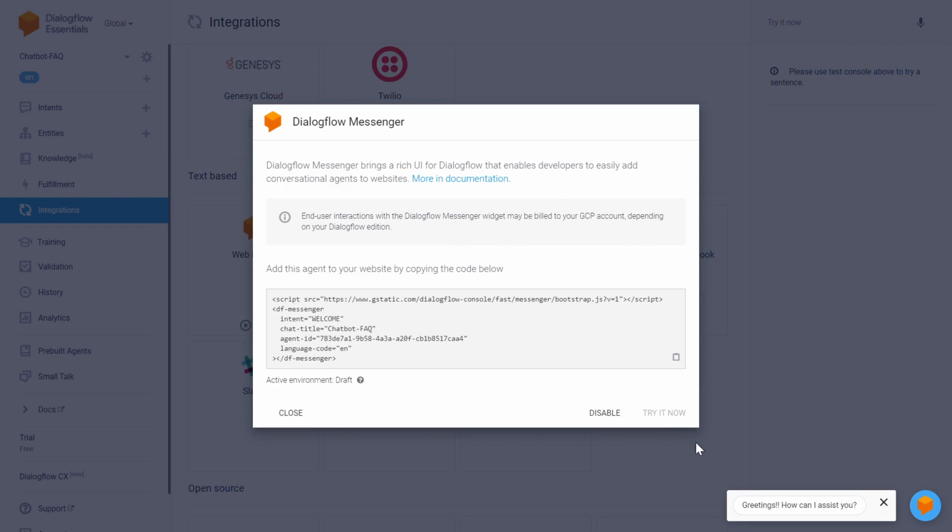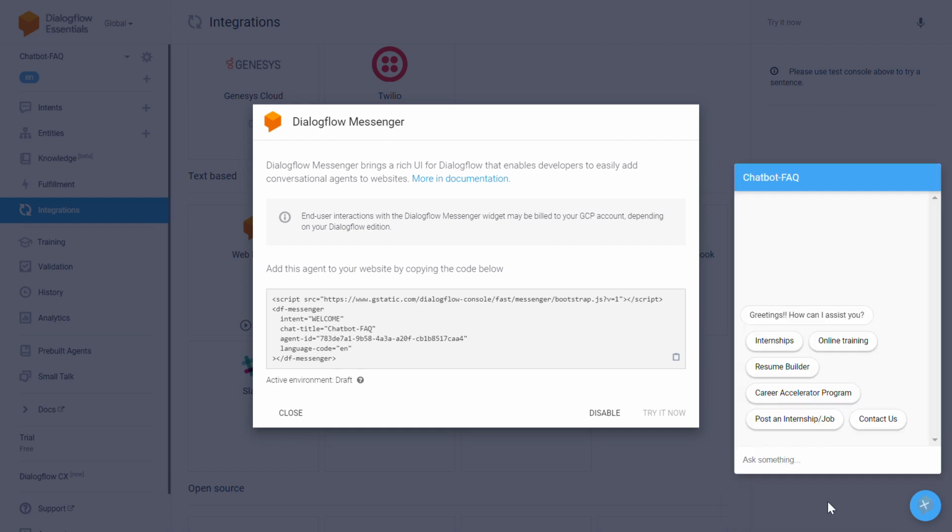As you can see in the rightmost corner, an icon with a message has popped up. So this is how the first message of the chatbot looks. And if the user wants to know about any particular service, he just needs to click on the service.